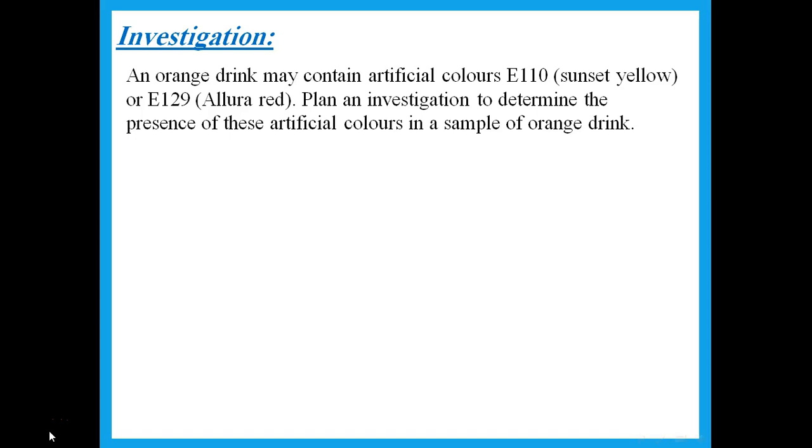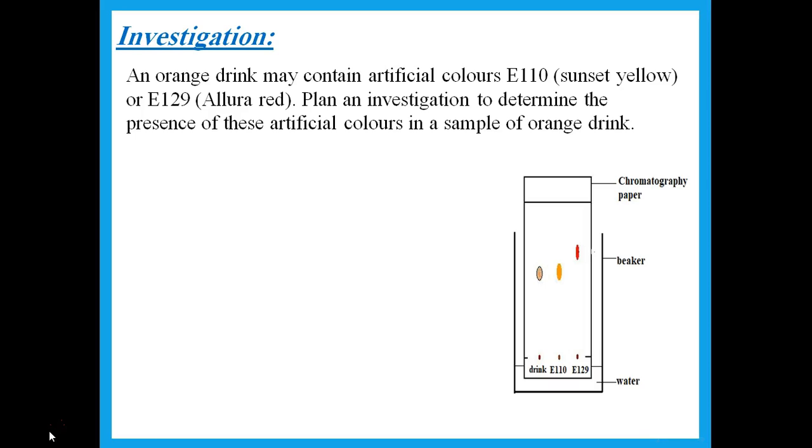Investigation. It says, I have an orange drink. It may contain E110 or E129, which are artificial colors. Plan an investigation to determine the presence of these artificial colors in a sample of orange drink. So I give you an orange drink and I tell you, okay, find out, does it contain E110 or E129? Of course, to do that, you need to put a spot of the drink next to a spot of the E110 and the E129